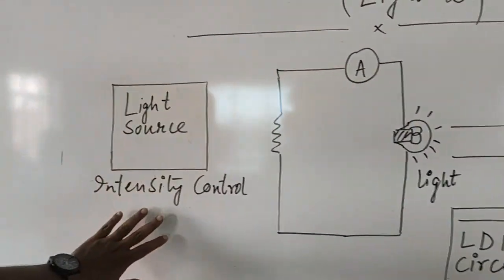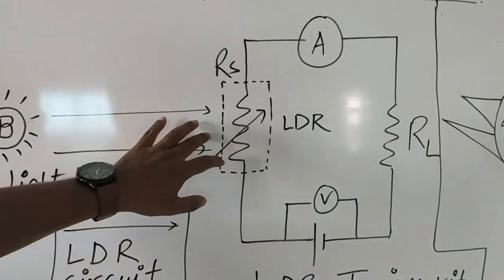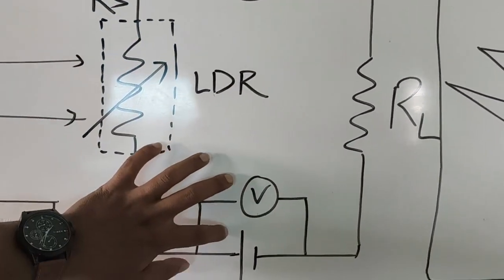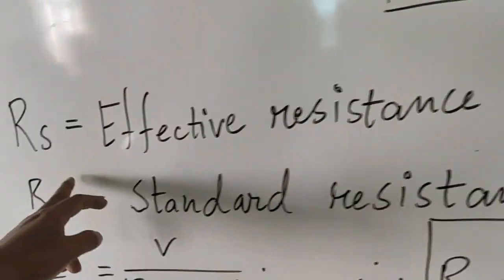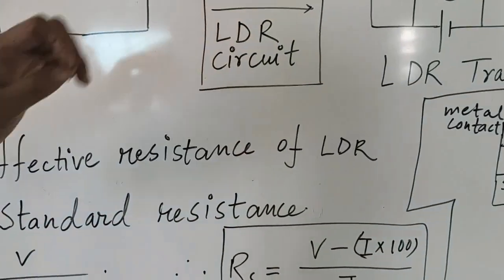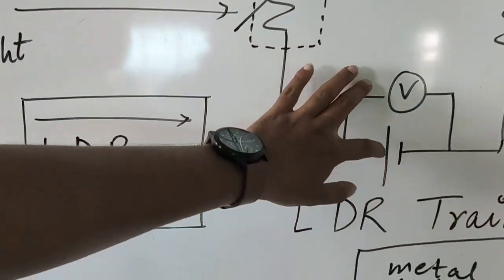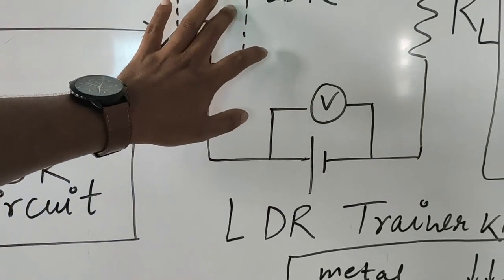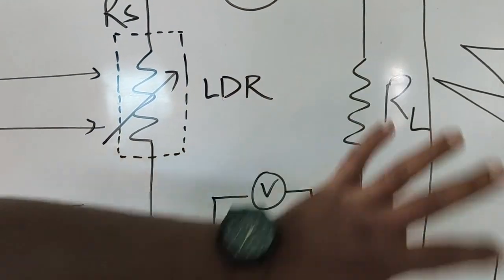Light source is there. You can control the intensity. This is light which is falling onto LDR. This is LDR resistance. Emitter is connected through it. This is the external source, that is voltage, and this is the load resistance, which is nothing but a standard resistance. So RS is effective resistance of LDR. So whenever it is connected to the external battery, depending upon the intensity of light, the resistance varies, and accordingly the current also changes. It is connected to a load resistance, which is a standard